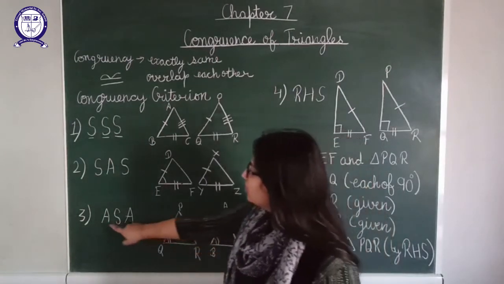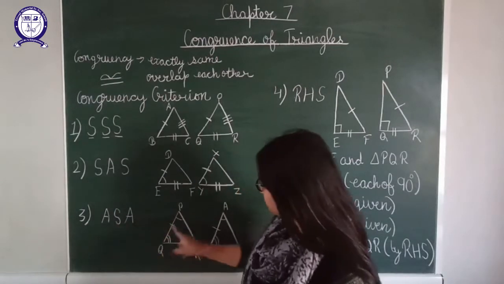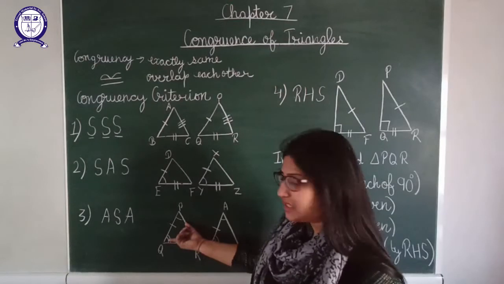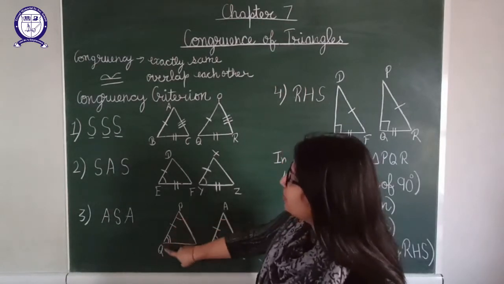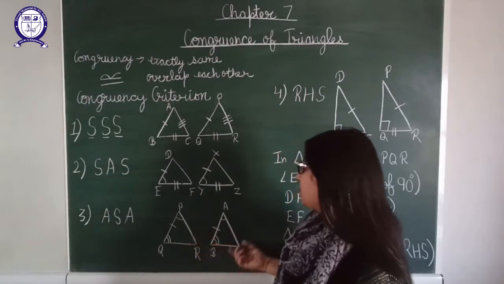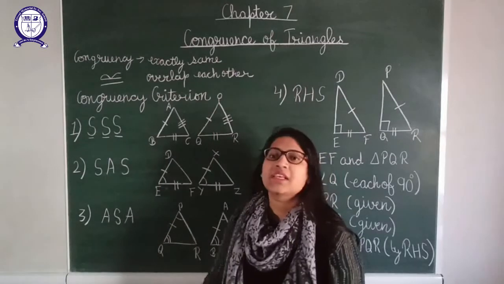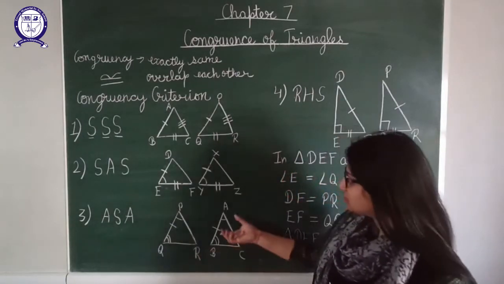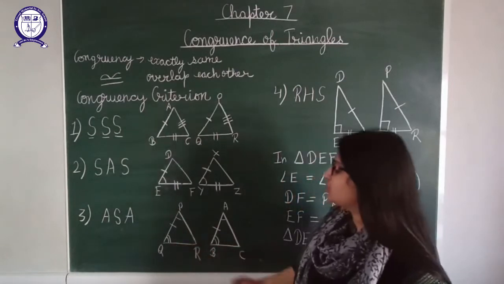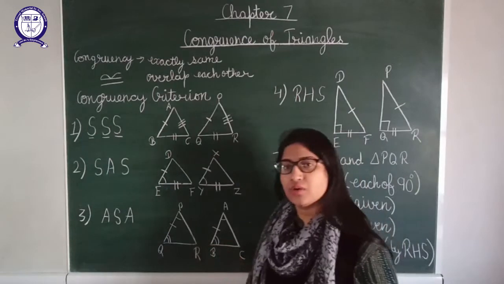And in this also, for the two angles which are equal, the side should be between them. Okay. So in this, angle P and angle Q are mentioned, right? So the side between them is this PQ side. So this should be equal. If any other side is given equal, then we can't put ASA criteria here. Okay. So in this also, these two angles were equal, this side was equal, and angle Q was equal to angle B. So by ASA criteria, these two are congruent.